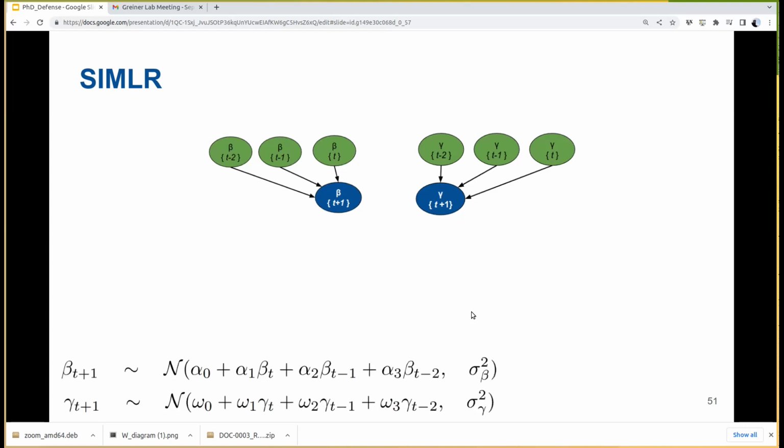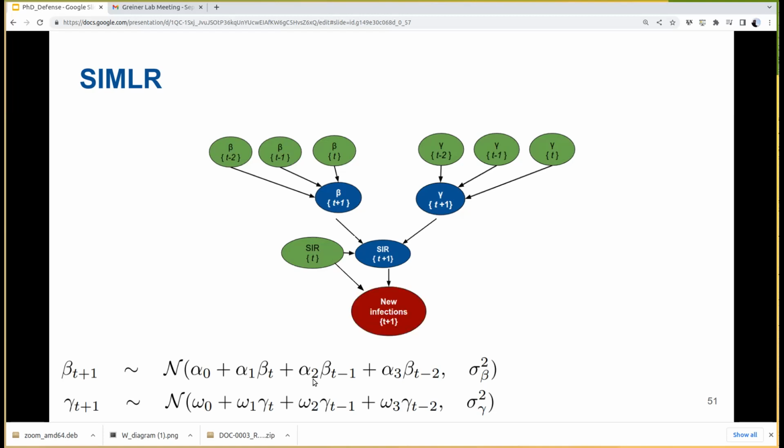For this particular case, we chose to do the probabilistic version of a simple linear regression. It turned out that this worked very, very well. So this is the model. This is just linear regression with probabilities. So now that we have our predictor for beta and gamma, we can use those predicted values along with the last time point that we have access to make the prediction of the next state of the SIR model.